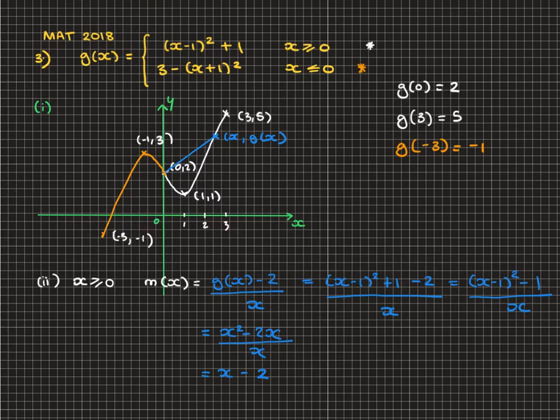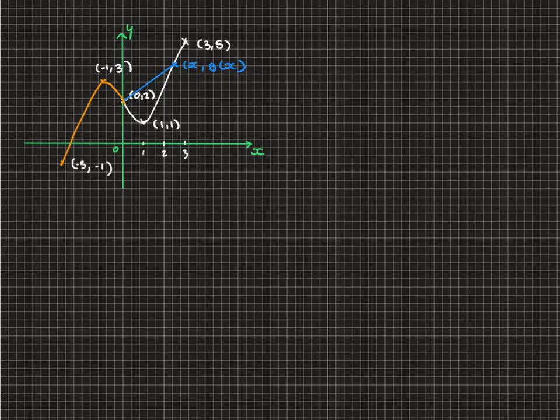And we've now got to do that same calculation for x less than 0. Now for the second part of this, we want to do another gradient calculation, but it's important that we're now looking at a point (x, g of x) on the other portion of the curve